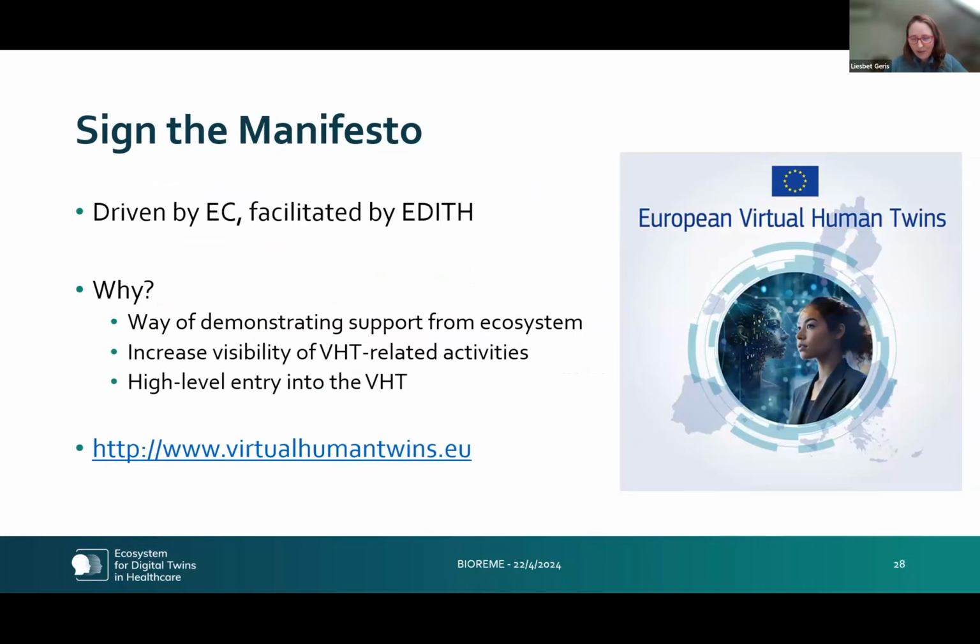There is a manifesto. We have European elections coming up, and as we all know how these things go, there might be some shifts. So we have written a 2-page version of the VHT vision and recommendations, and we've gotten this to sign. We've called it the manifesto. We've gotten this signed by large companies, European ones, but also global, universities, hospitals, patient organizations, clinical organizations, in order to show the policymakers that this is something that people are interested in and want to see more investments in, to help provide more leverage also to our colleagues within the Commission.